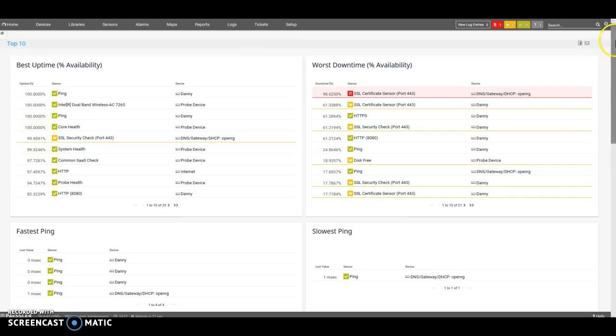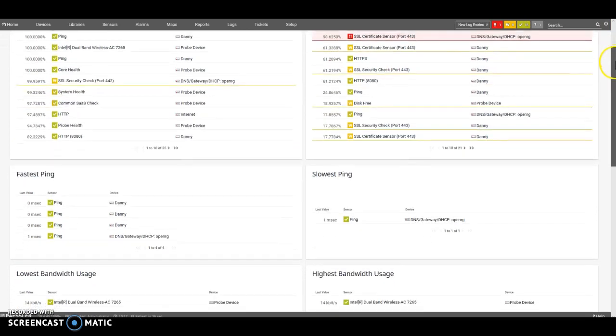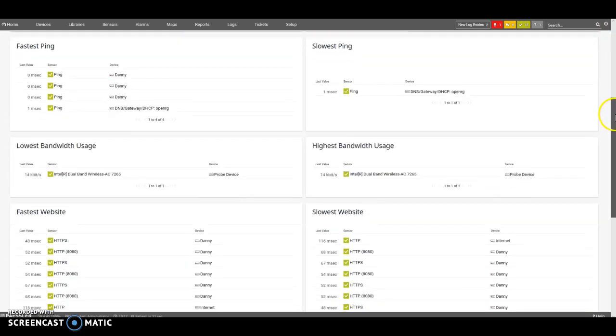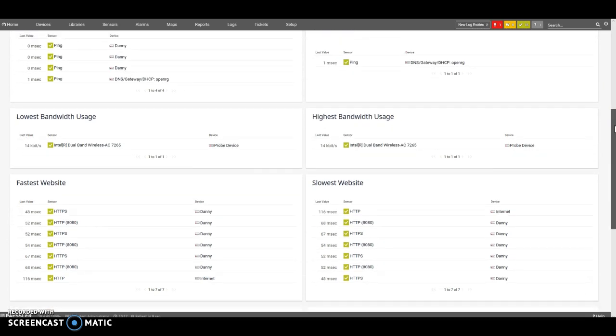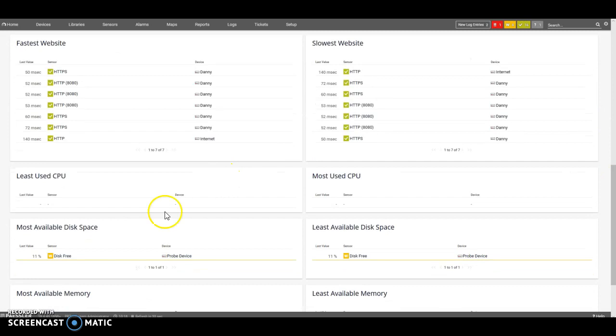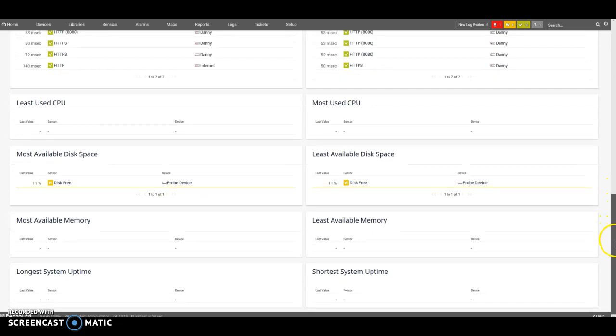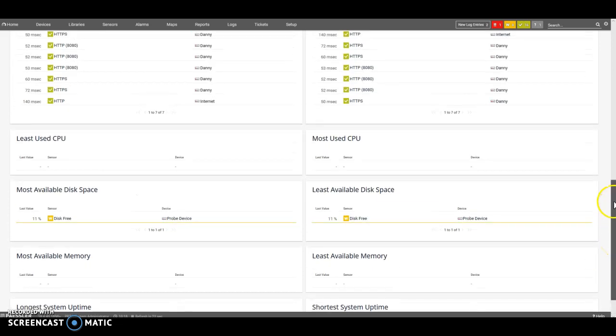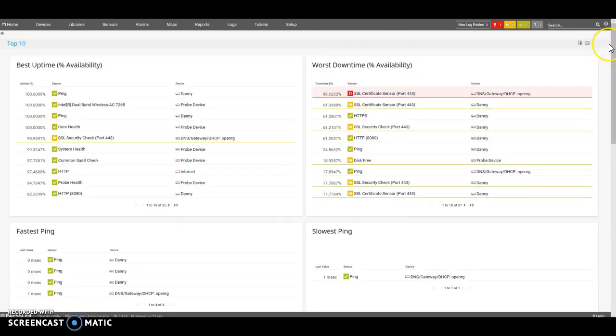So I'm going to roll down here a little bit, and what you'll see, it actually shows us a lot of different items. So we have the fastest website, the slowest website, most available disk space, least available, we have uptime, shortest downtime, shortest uptime. This program is a really, really nice tool to have, but it is a bit expensive, and obviously I'm using the demo version. So I'm going to click back to the home button,